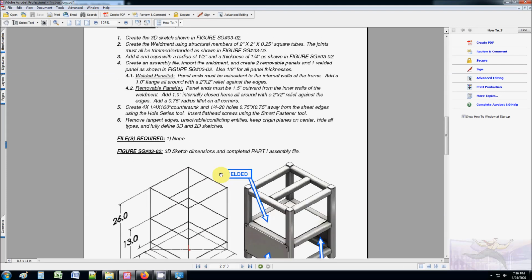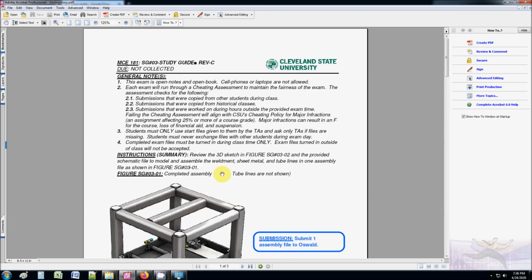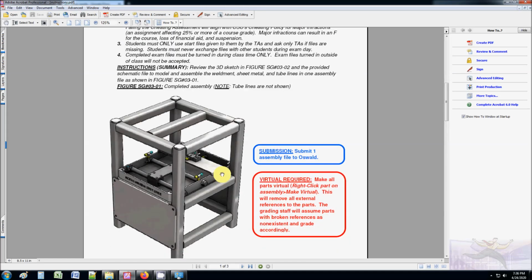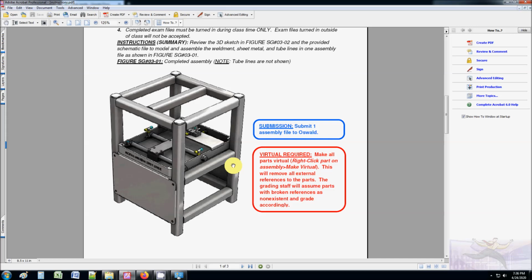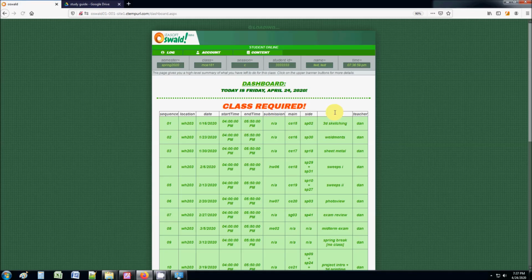I'm going to go over this instruction sheet. I'm going to complete the study guide from start to finish, and I'm going to talk about how this is going to relate to what you have to submit on Oswald for the midterm exam. So here's how this is going to work. After you log in, you're going to go into the submissions button,